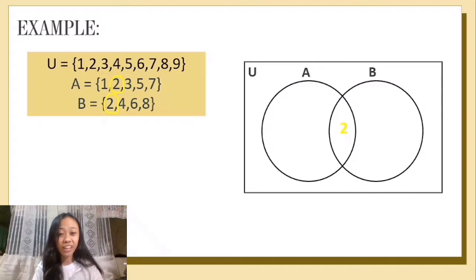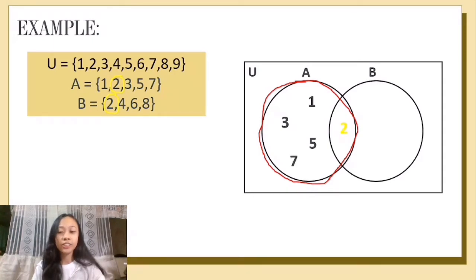So to complete our Venn diagram, as you can see, this part is for A. From the list that we have here, set A, we have 1, 2, 3, 5, and 7. So we already have here 2. What are the other elements that are needed from set A? We will have here yung mga kulang pa, okay? 1, 3, 5, and 7. So, next,